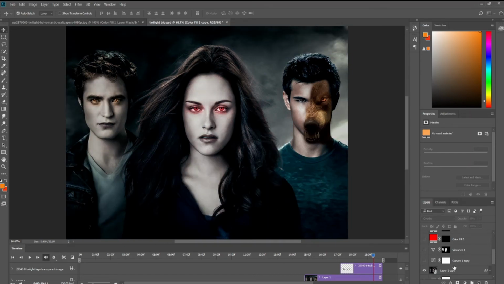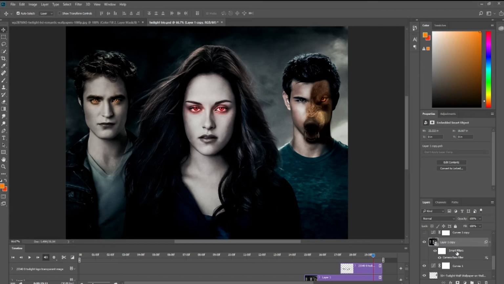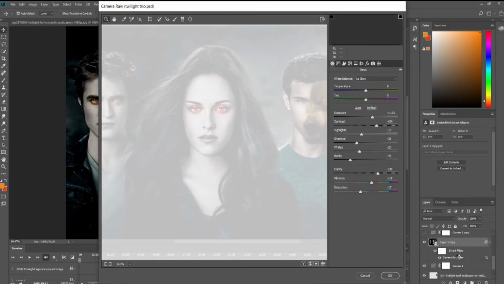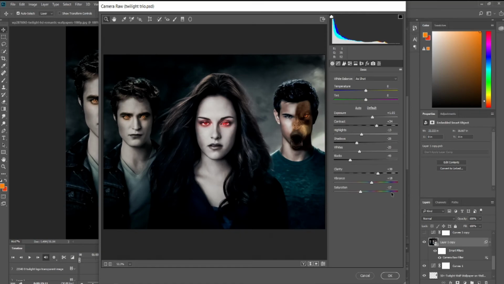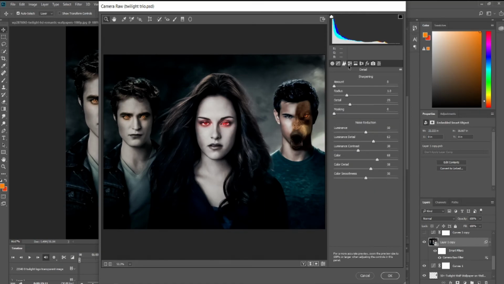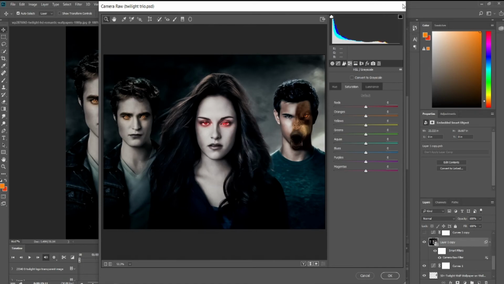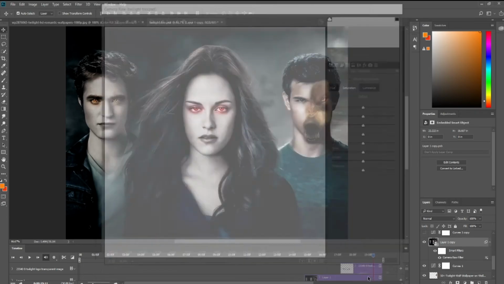As you can see how realistic and how dramatic this photo looks after applying the camera raw filter. If this is a smart object, you can change this camera raw filter from here. Just click on the camera raw filter like that, and a dialog box will open which shows the camera raw filter. Just wait a second, it's loading. And this is the camera raw filter. You can change all these settings, and there are many more settings which you can play with and give your photos a dramatic look.